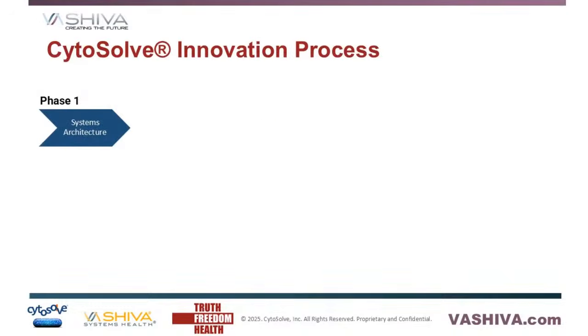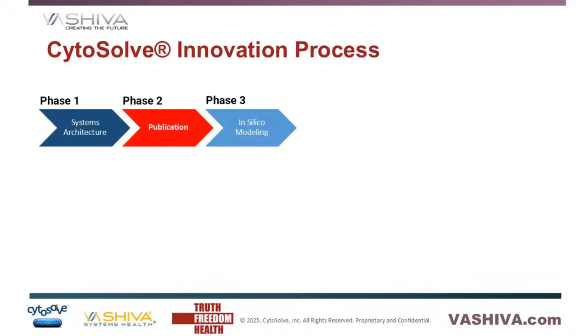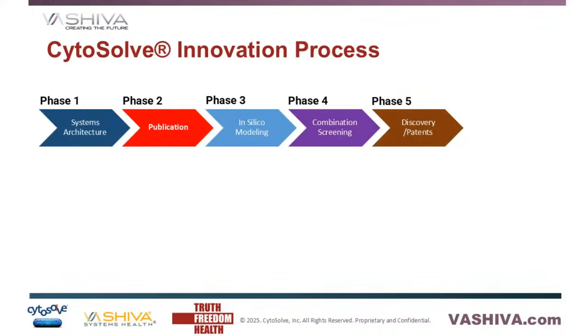Well, the first step we do, in any field, is build a molecular architecture of that phenomenon by looking at all the papers that have been written and published in the field. Then we mathematically convert those molecular systems into rate equations using physical chemistry. Then we do a combination screening using those models. Then we go through the process of finding if any of the combinations we put together actually lead to discoveries, and we patent them, and then we license and manufacture them.